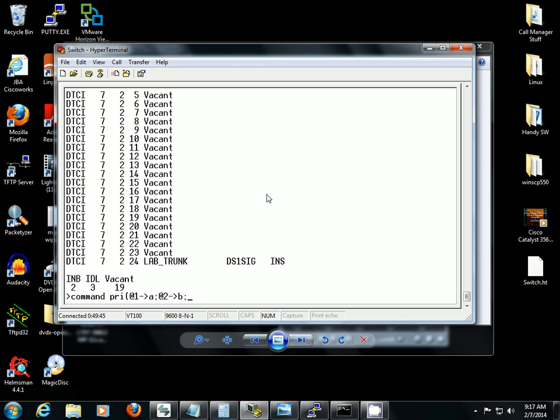Alright, so now I want this command to run several times so I can look at all the T1s that are on DTCI 7. So I'm going to type in repeat. There are 20 total, 0 through 19, so I'm going to run that 20 times. I'm going to say trunk query PM DTCI A for that first variable that I set, and B for the second variable. Now I didn't necessarily need the second variable,